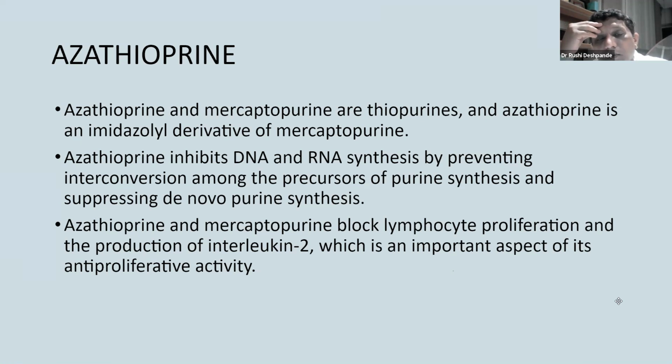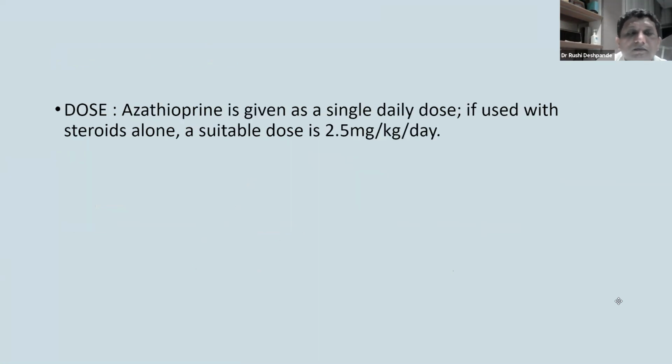Whereas when you use something which blocks DNA RNA synthesis by blocking all purine synthesis in the body, you are going to get effects on all cell lines. Whereas MMF is supposed, technically, to block only IMPDH and only the lymphocytes. However, what is seen in practice is it also causes depletion of all cell lines, but not as bad as azathioprine. Azathioprine is very strong and it will just block all lymphocyte proliferation and decrease the IL-2 production.